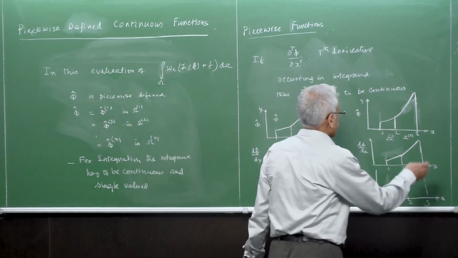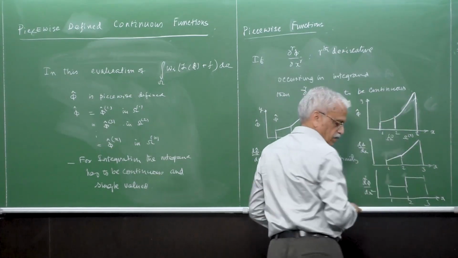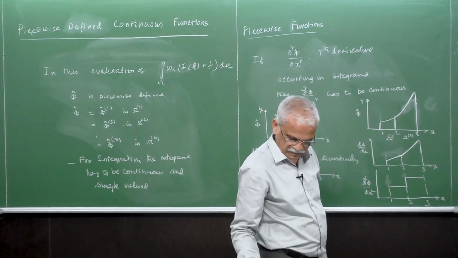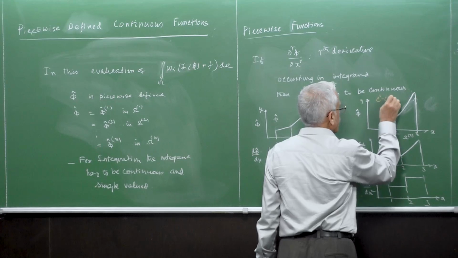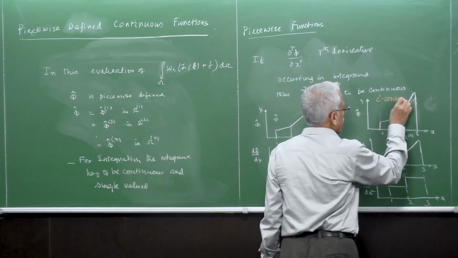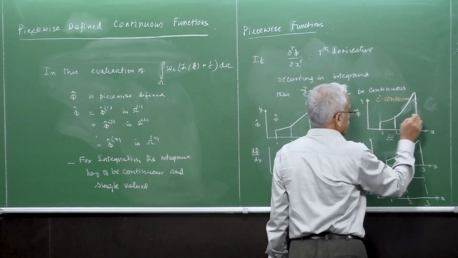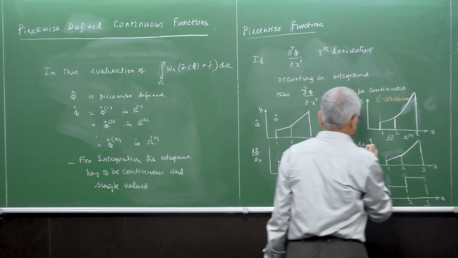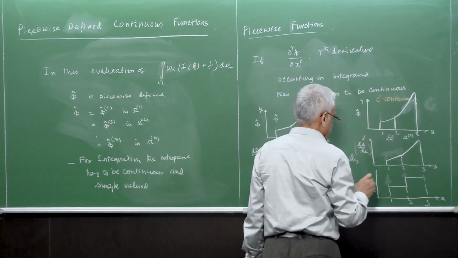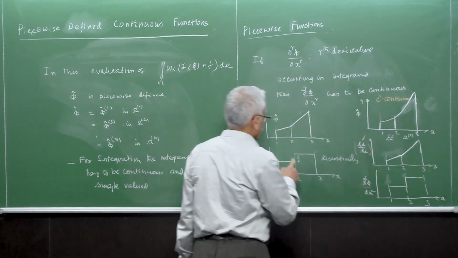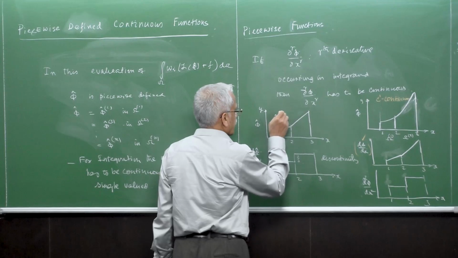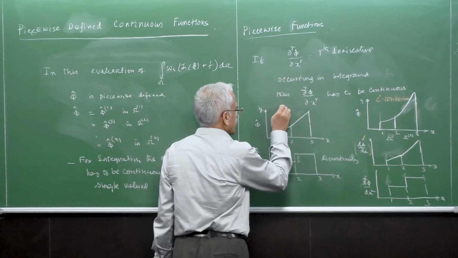So this kind of function is called a C1 continuous function, because the first derivative is continuous, but the second derivative is not. Whereas the one we talked about earlier was C0